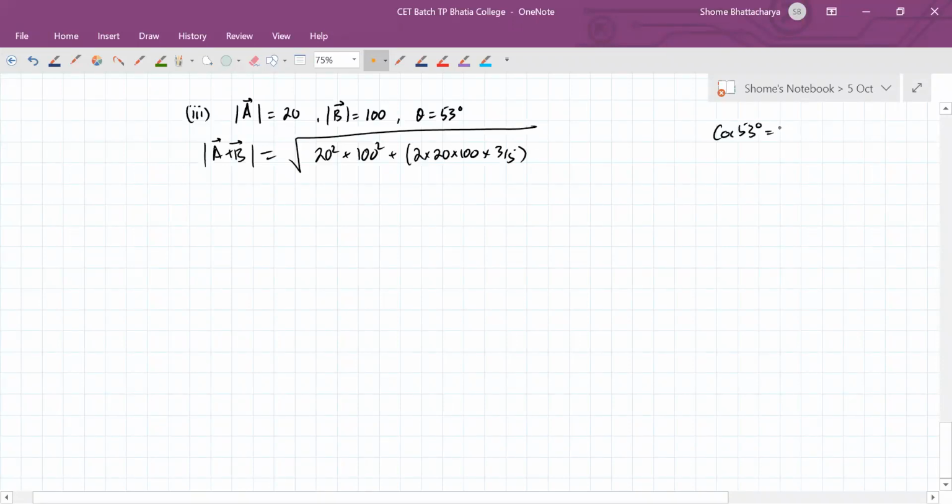Cos 53 we had seen last time was 3 by 5. Sin 53 similarly is 4 by 5. And tan 53 is 4 by 3, because this is the related triangle. So this is the relationship. Anyway, using that over here,